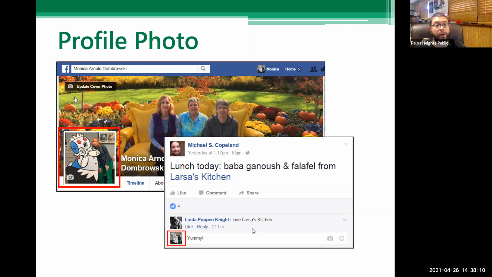You can also add a temporary profile picture. There's an option to do that. So, if there's a special event going on and you just want to have a profile picture up there for a certain amount of time, you select what picture you want that to be. Say, this is when I want this to go away. You select the date and time, and it will revert back to the previous profile picture.